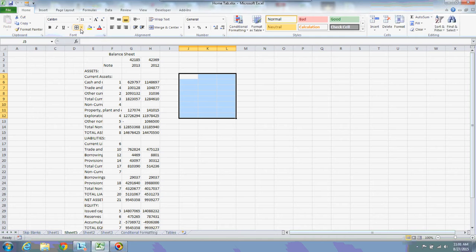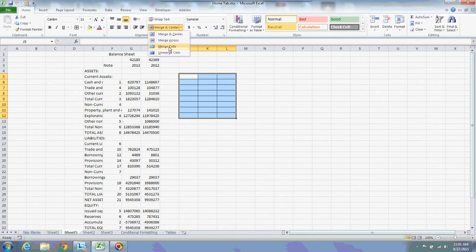This is a table which has some cells, but if you click on merge cells, all these cells will be merged into one single cell. Like this you can merge the cells. Now unmerge cells. If you select this area and click on unmerge cells, you get back to your original state, and you can go cell by cell. Like this you can do.